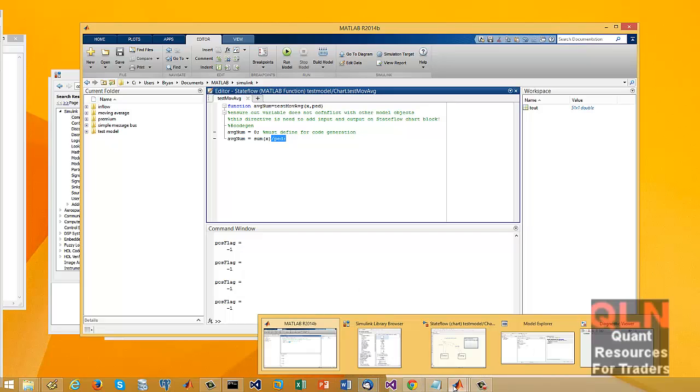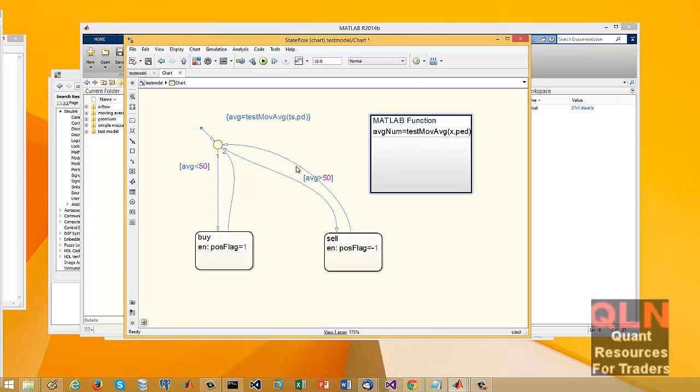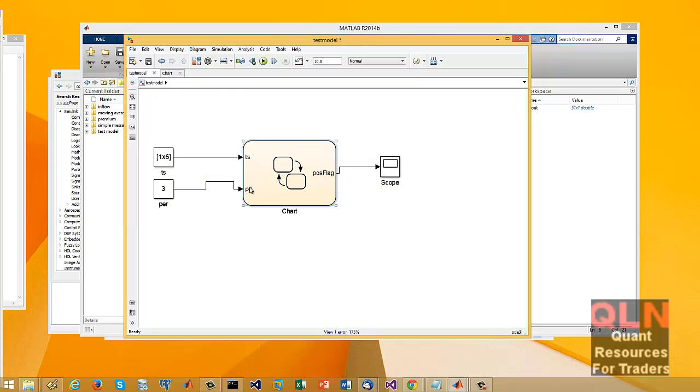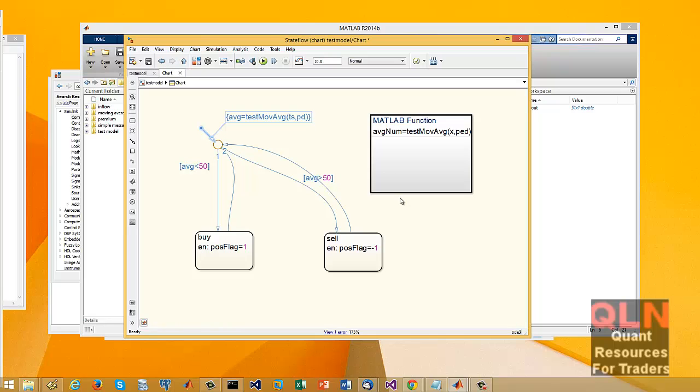So that's the function, and when you look at this, as I said, there are two states. Essentially, the very first thing it'll do when it comes into this stateflow chart is execute this MATLAB function as I've explained, passing into it the TS and PD, which is defined here, and that's also defined in the Model Explorer, but I'll get to that in a minute. And when you do get the result, the average, but in this case we're setting it here,